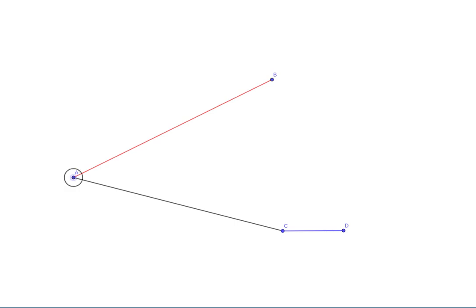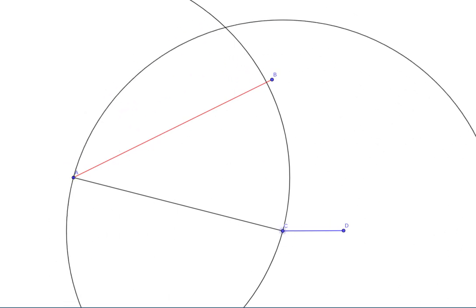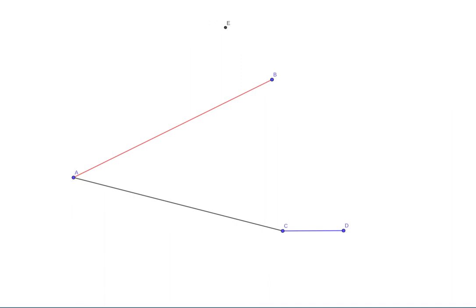So AC gives us this one, and we've got another circle between C and A, and that gives us a point of intersection up here at E. We don't need those two circles anymore. And so proposition 1 said that we had this equilateral triangle